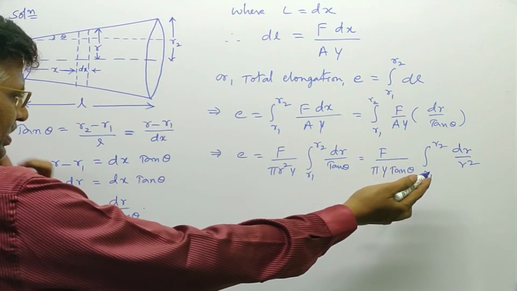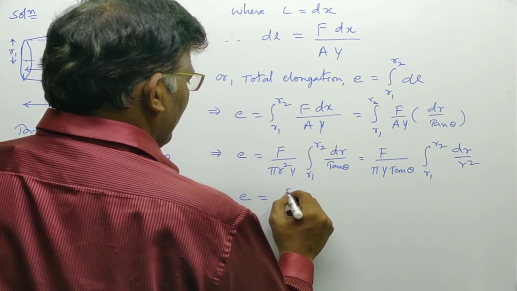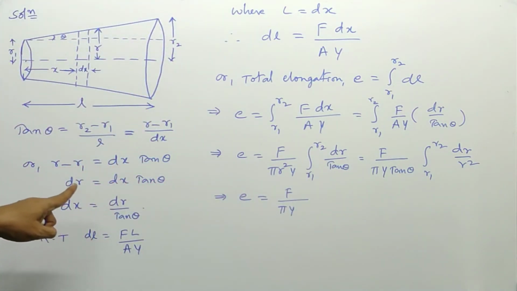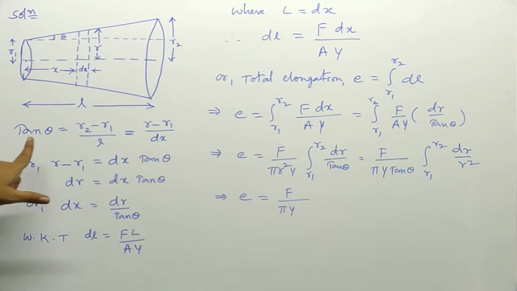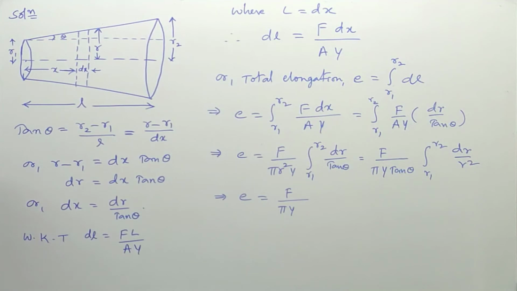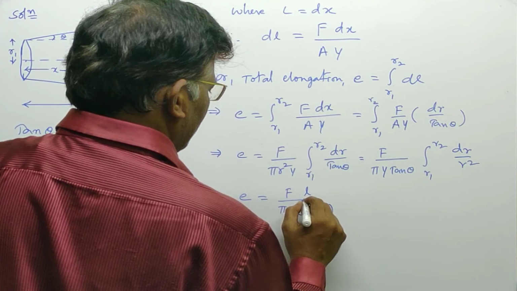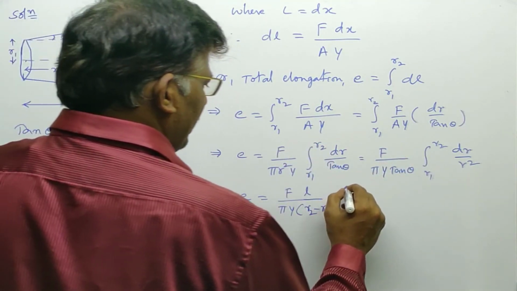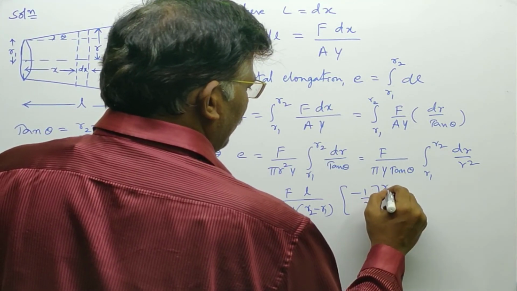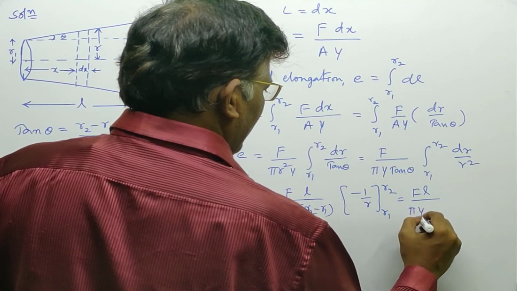We know that the integral of dr by r square is equal to minus 1 by r. That implies E is equal to F divided by pi Y tan theta. See here, tan theta is equal to R2 minus R1 by L. So tan theta can be written with R2 minus R1 by L going to the numerator. And here minus 1 by R with limits R1 to R2 is equal to FL divided by pi Y into